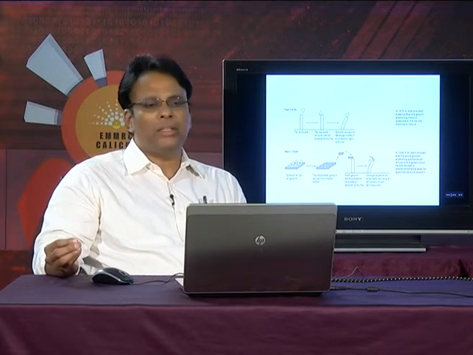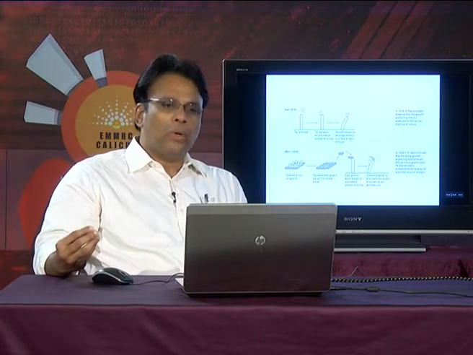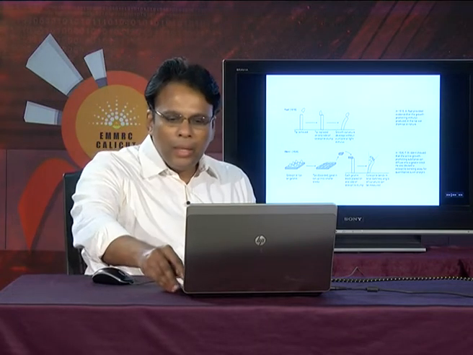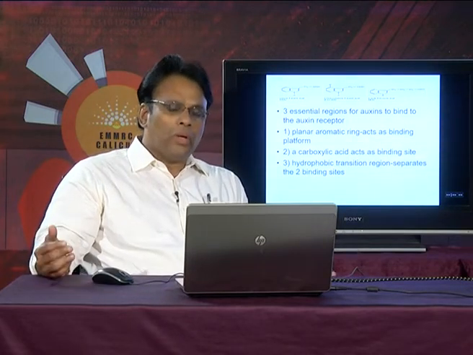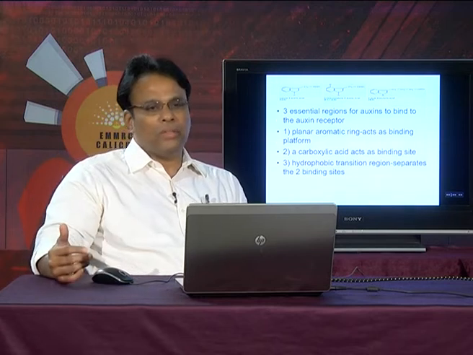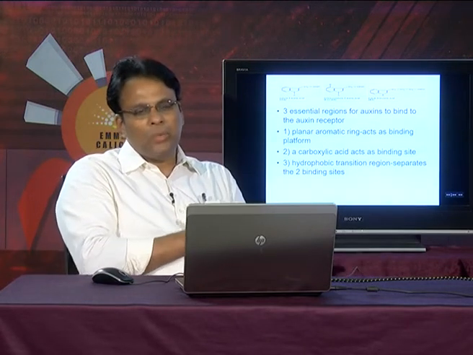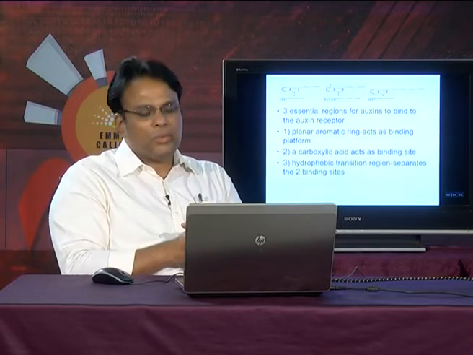They just identified that there is some chemical substance which was oozing or percolating from the tip of the coleoptile, and which had this particular effect. Now we go into the next aspect, where we will try to learn something from the discovery of auxins. They came to a conclusion that there was some chemical substance, and further analysis of this chemical substance gave the